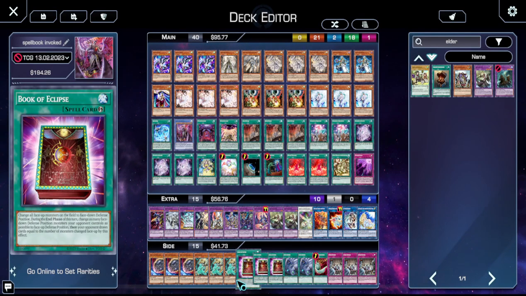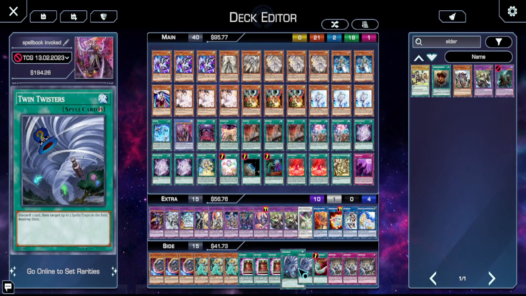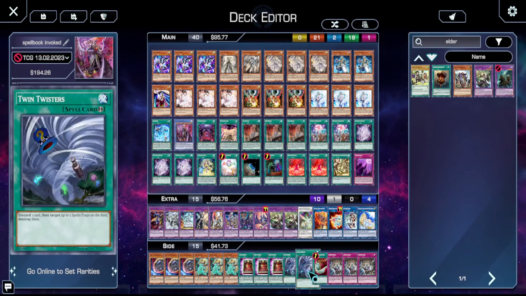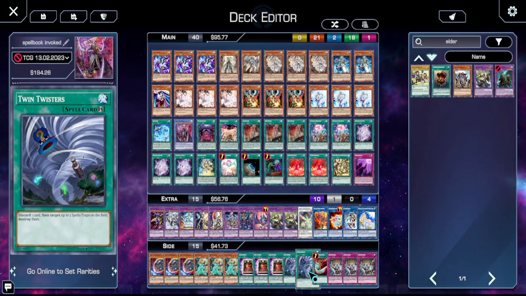Book of Eclipse, right? Just so many. These are the 3 Cash cards because that's like the most represented deck, of course. Twin Twisters is really good, I think, against Labyrinth because they're going to try to go for Epidemic Virus, thinking you have Lightning Storm and Harpy's Feather Duster, which you do, but Twin Twisters is so good, right? Because then they probably only have 3 most likely set cards, so when they do Epidemic, they're